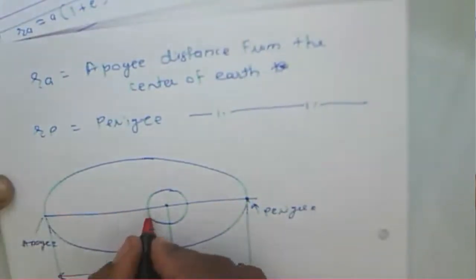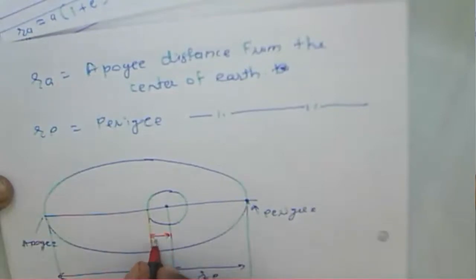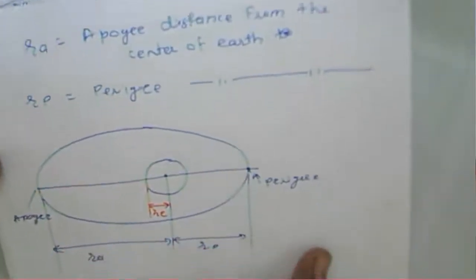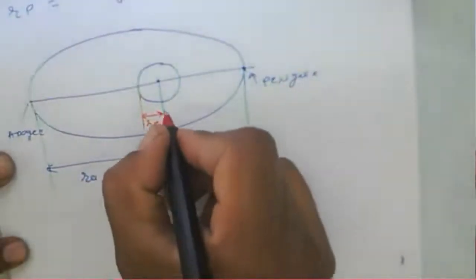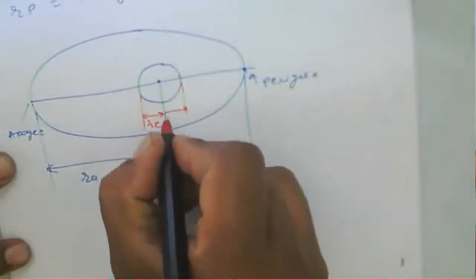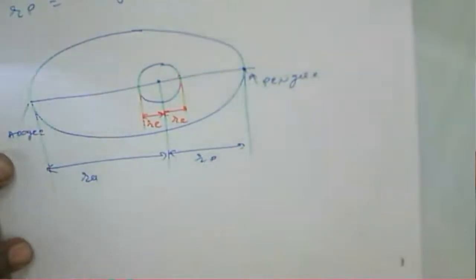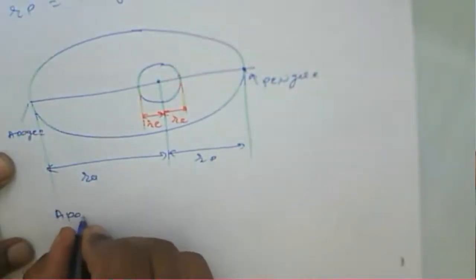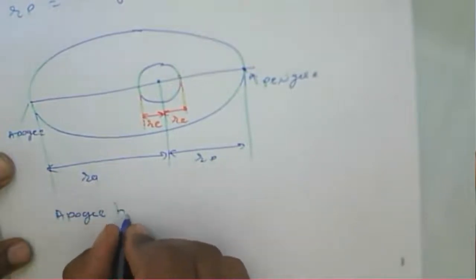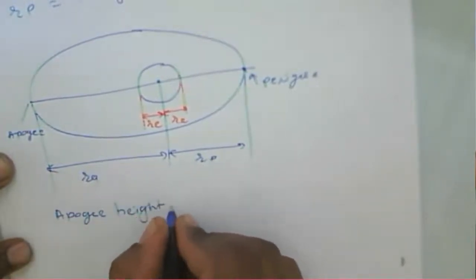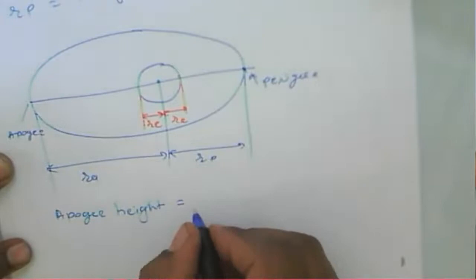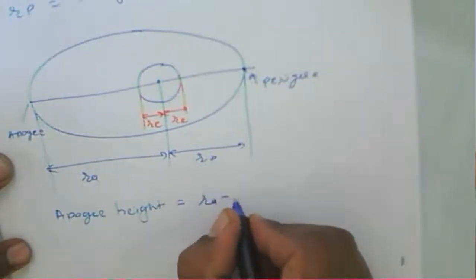This is called the perigee. This distance is RA, and this distance is RP. The earth has a radius, RE. Even so, you can say that the earth's radius is RE here. So in that case,